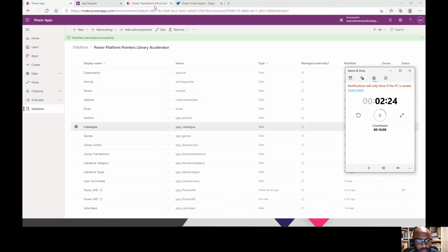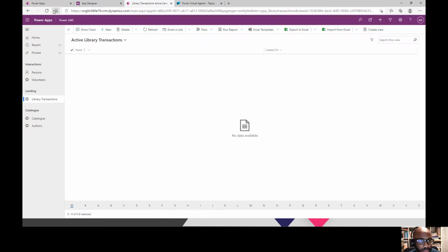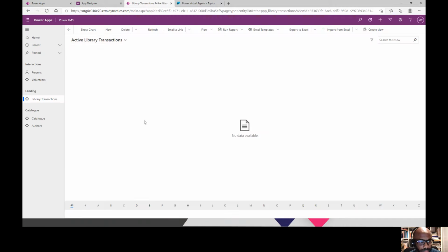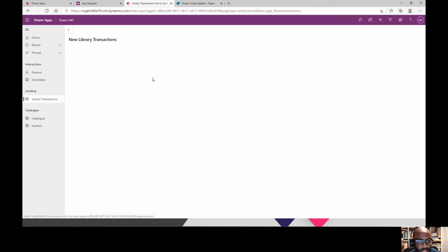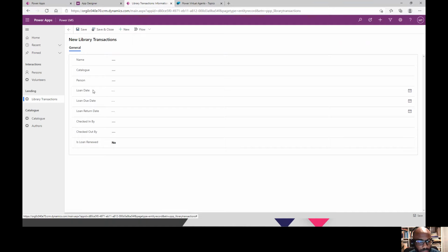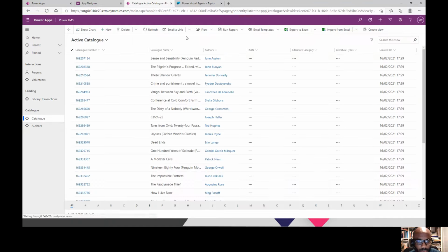And let's refresh. So going into the transactions, we can now see we have the loan date, due date, and return date. And in the catalog, we have the name. So there you go. Model-driven app as a front end for a library management system. And that was all done